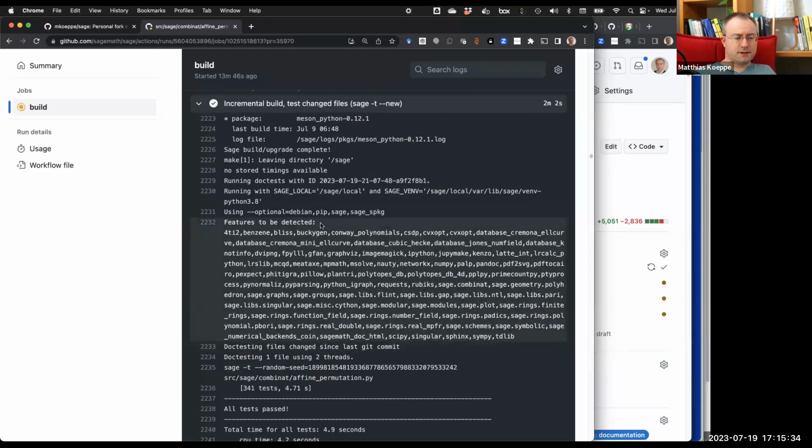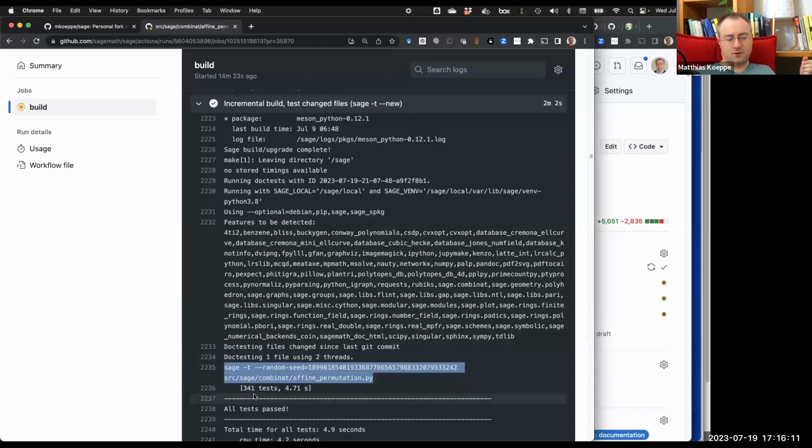What this one is running is it said here sage -t --new. So this is looking at the dirty files, the files that are changed compared to the Git index. Yeah, so we have changes that are not committed yet, and it's running those